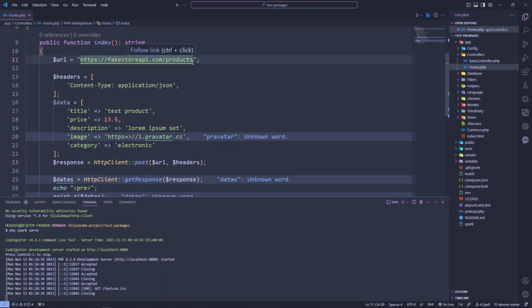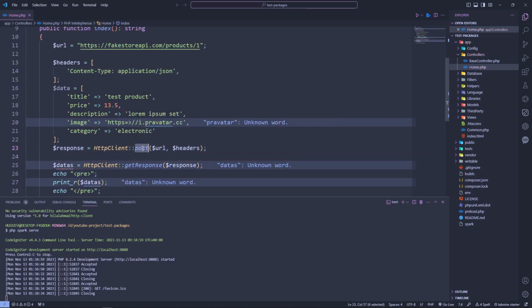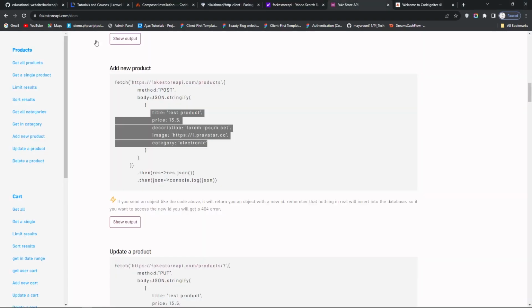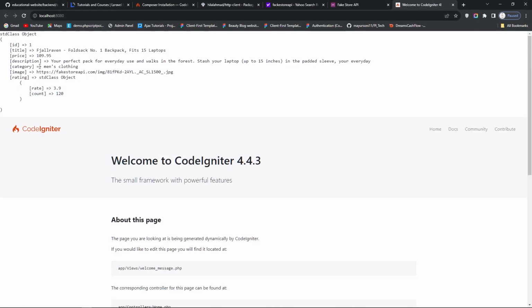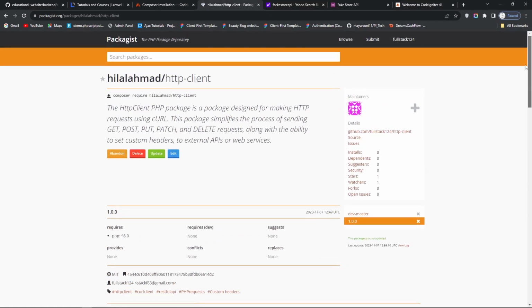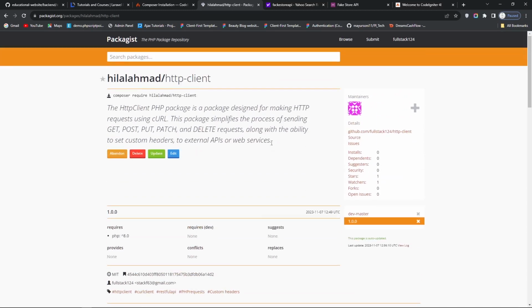And this is the products, and to products pass 1. If you pass the 1, then we will convert this to get. After changing this to get, save the file and reload this, so it will give only one ID, one product. This package we can use for any get API, update API or delete API. If you need to use multiple APIs in your CodeIgniter project and PHP project, you can